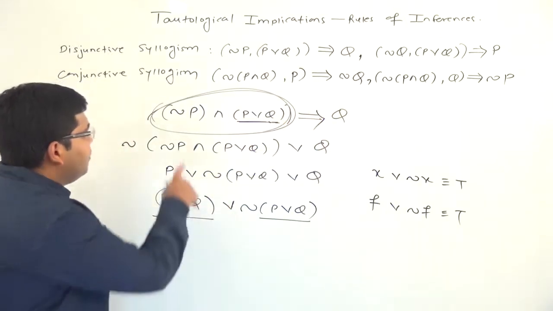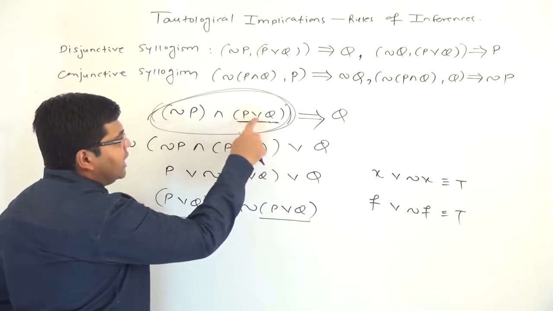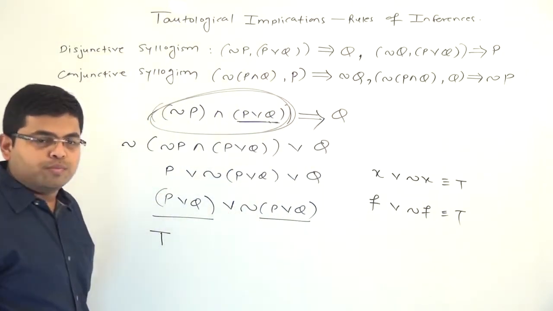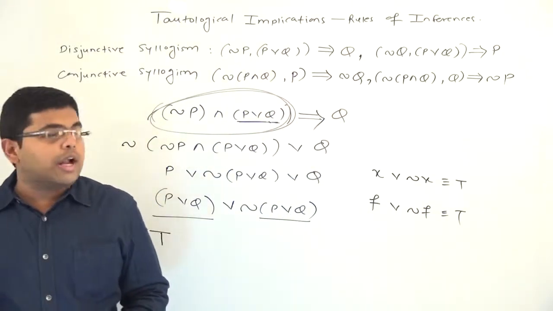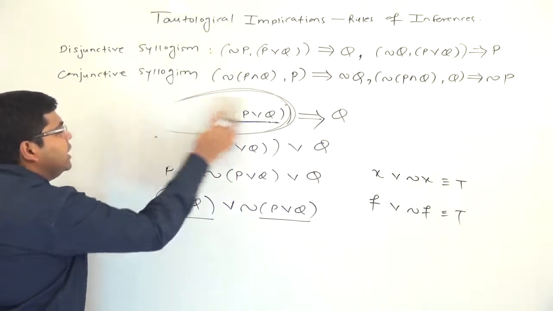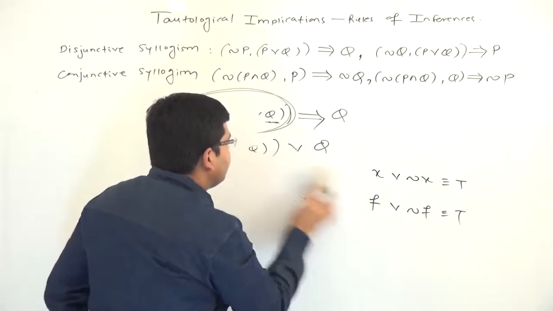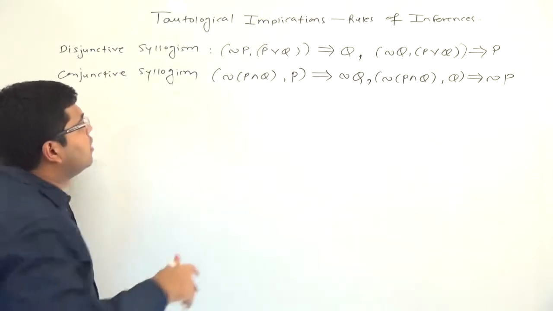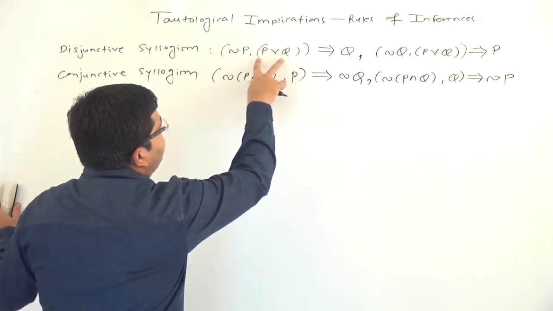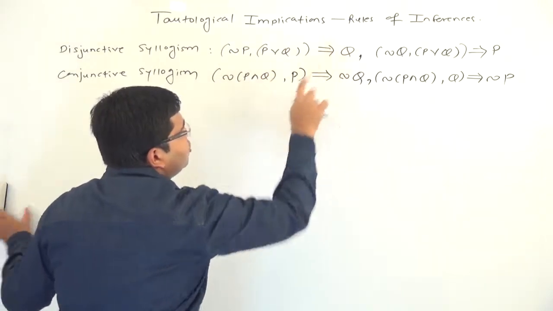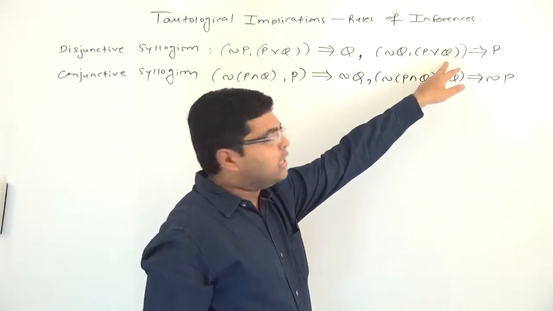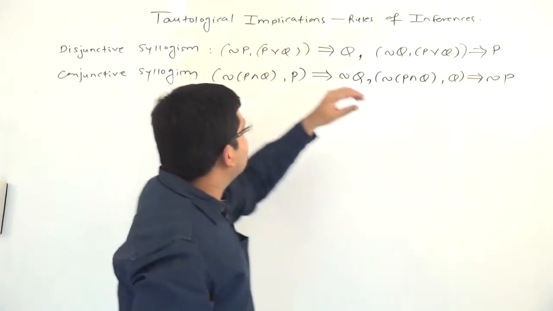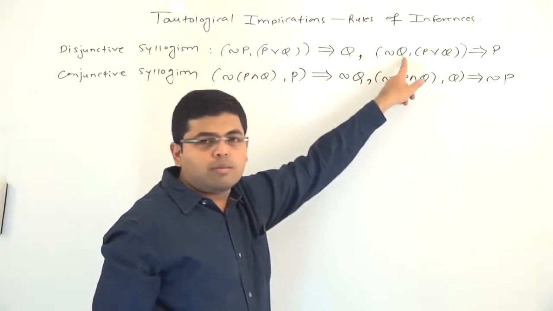Again I am reading it: P is false and at least one of P and Q is true, therefore Q is true. This is one way to write down the formula, and another is the following. Whenever P or Q is true and P is false, Q has to be true. Similarly, P or Q means either P or Q has to be true, but Q is false and therefore P has to be true. So the way we have proven this first formula, the second formula can also be proven.